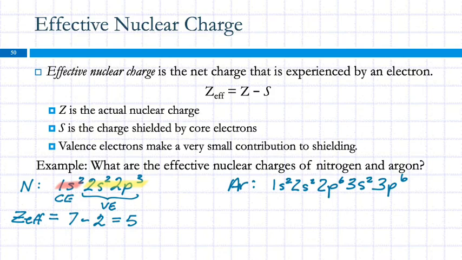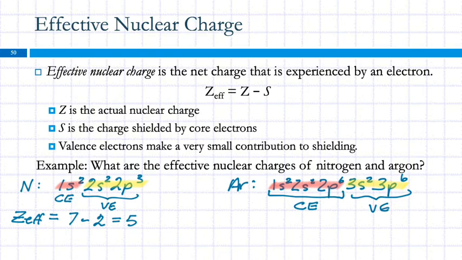The valence electrons are in this highest level, the 3rd floor of the hotel. The core electrons are everything below that. They get in the way. So, core electrons,